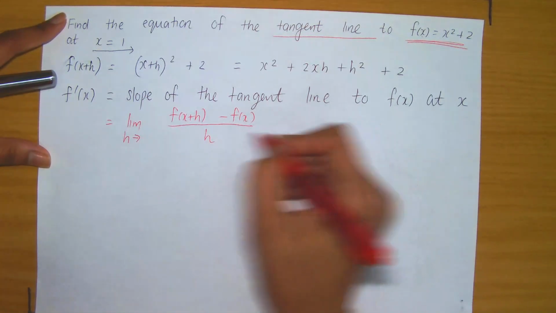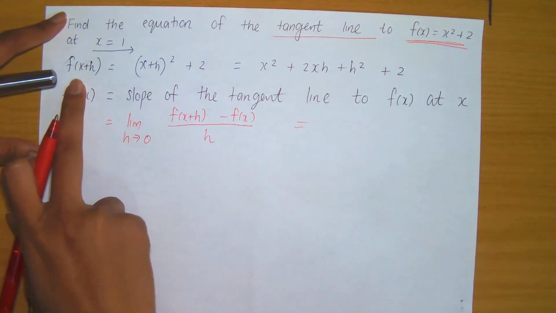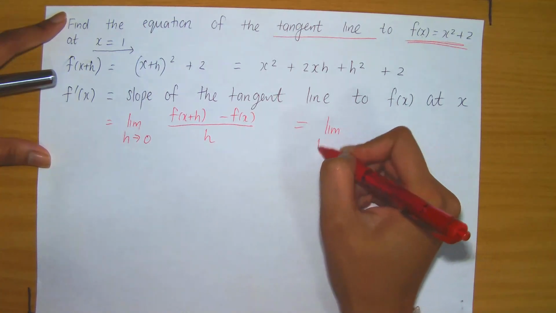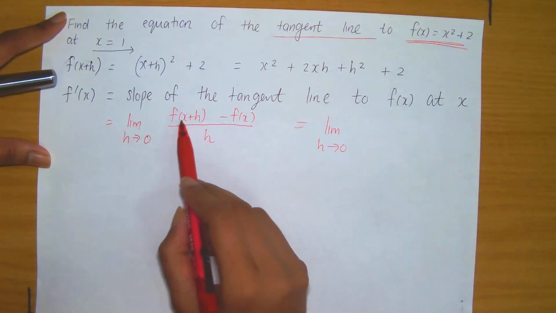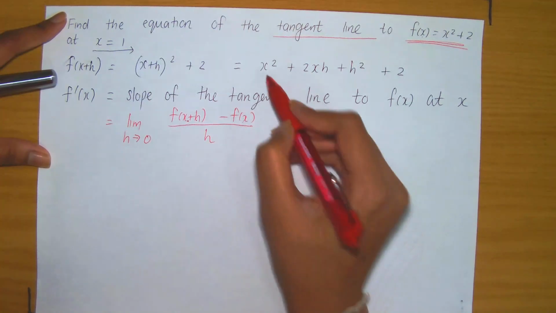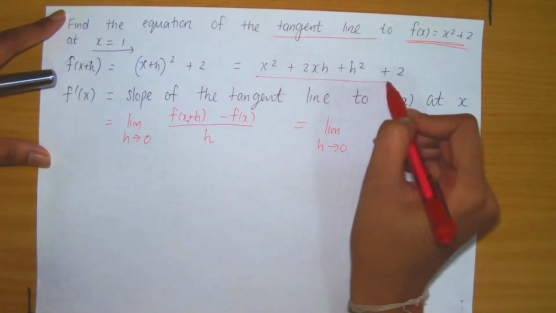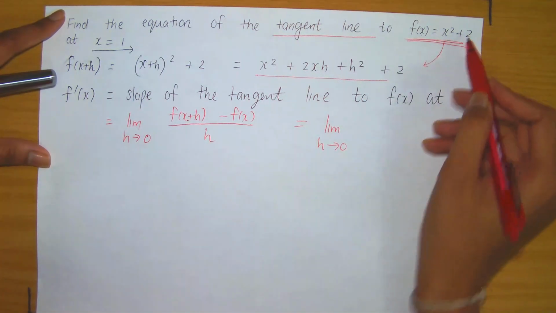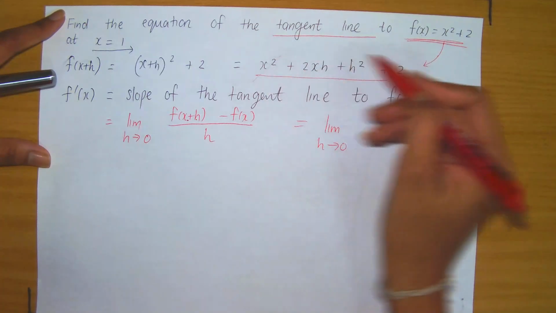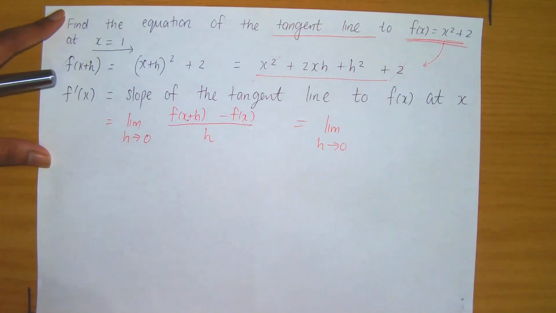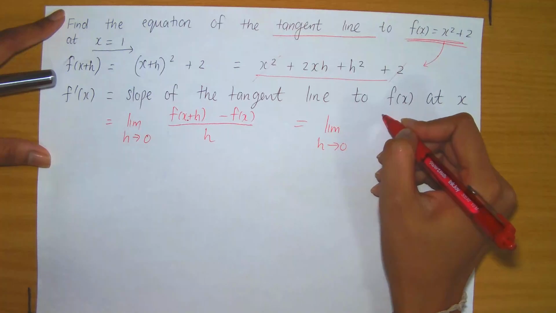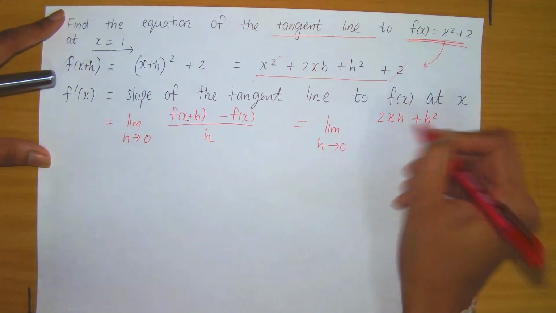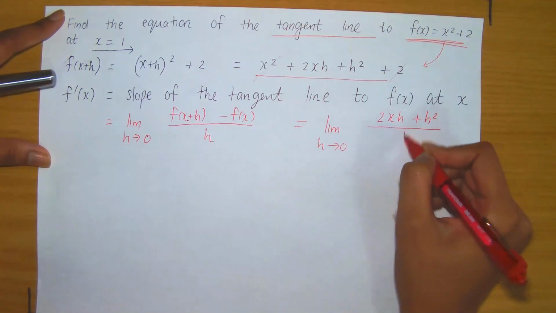So now plugging in all of the information, that is why I've computed f of x plus h, because I needed it. So I now am computing the limit as h approaches 0 of f of x plus h minus f of x. So I am taking this expression and I'm subtracting that one from it. So when I subtract x squared minus 2 from this expression, observe that the x squared falls away and the positive 2 will fall away. So all I'm left with in the numerator is 2xh plus h squared